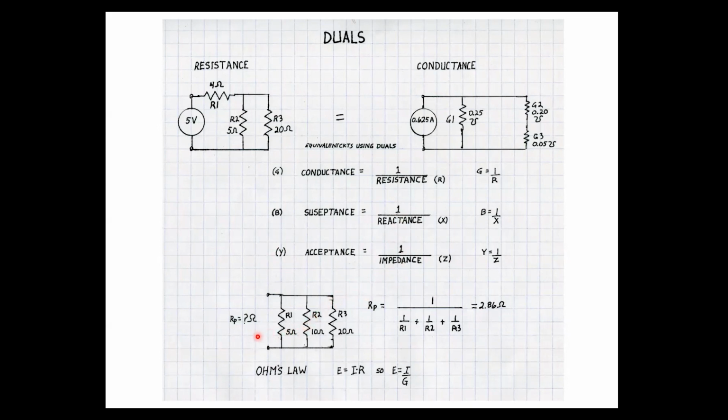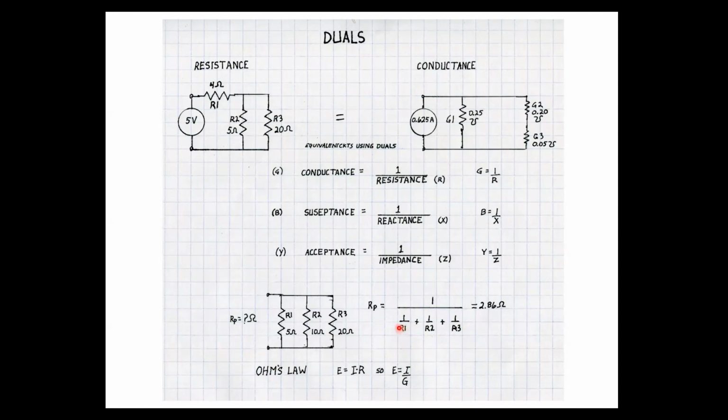So here is an example of it. I want to calculate what the actual resistance is of these 3 resistors in parallel. I have a 5 ohm, a 10 ohm, and a 20 ohm. How do I calculate what that resistance is if I measure it right here? Well, I could always grab my trusty Fluke meter and measure it, right? That's not really very practical most of the time, especially not when it's reactive. But I could convert each one of these to a conductance,